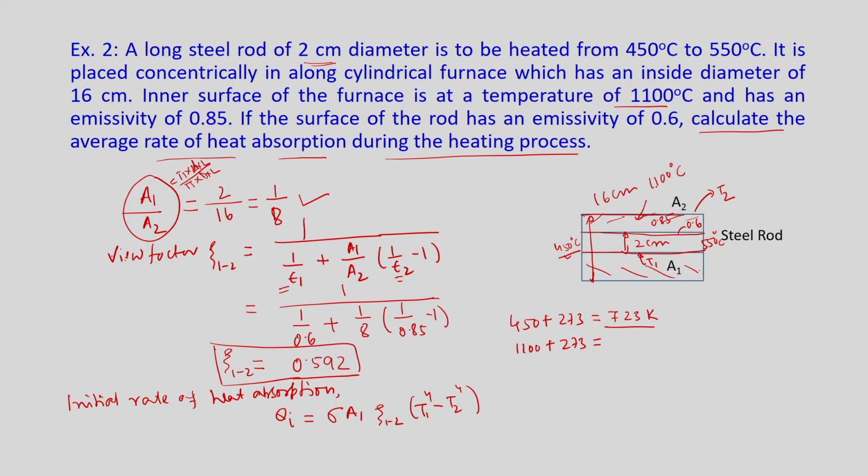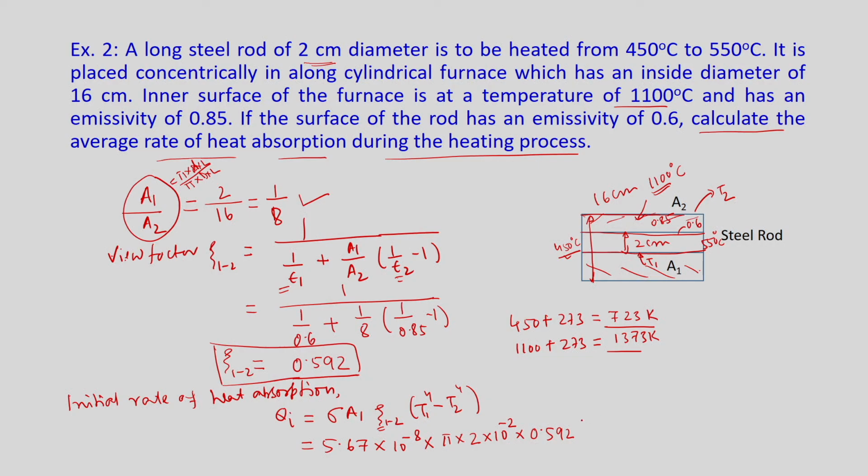This furnace is already maintained at 1100 degree C, so it will be 1373 Kelvin. Okay. So, if we substitute this value, and sigma is known to us, the Stefan-Boltzmann constant 5.67 into 10 to the power of minus 8 watt per meter square Kelvin to the power 4, and area is pi D, where diameter is 2 centimeter, that is 2 into 10 to the minus 2 meter, and this value we have already calculated,